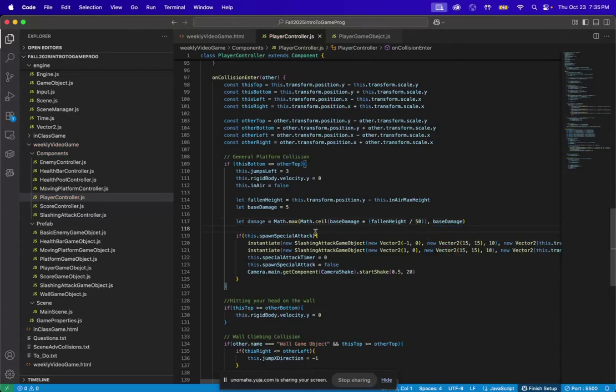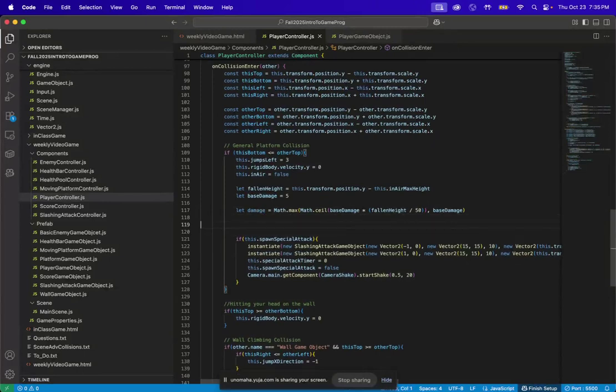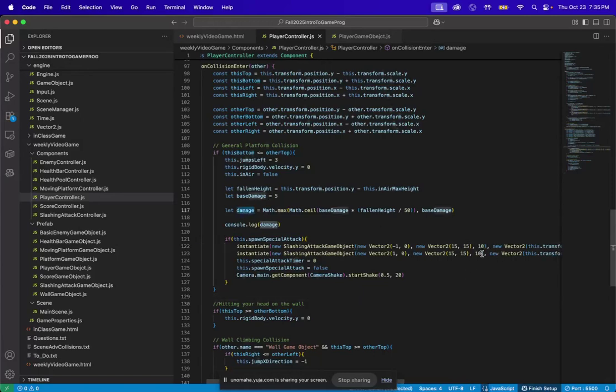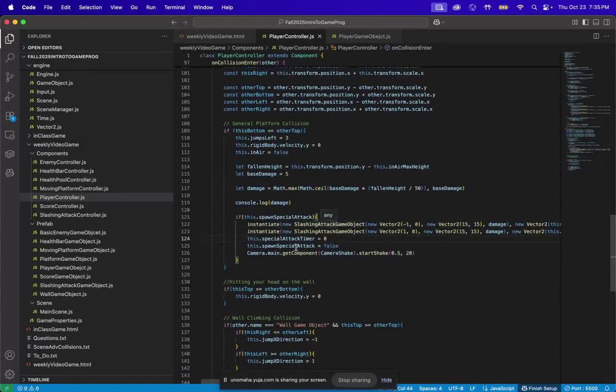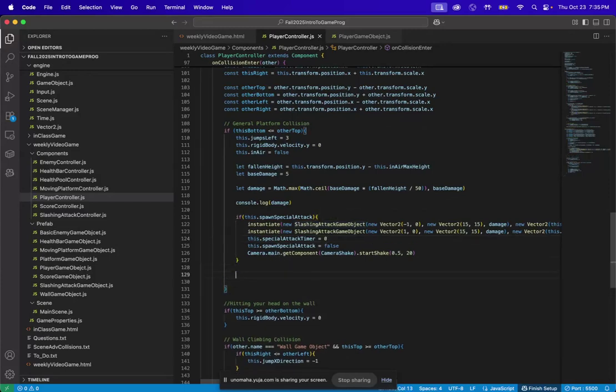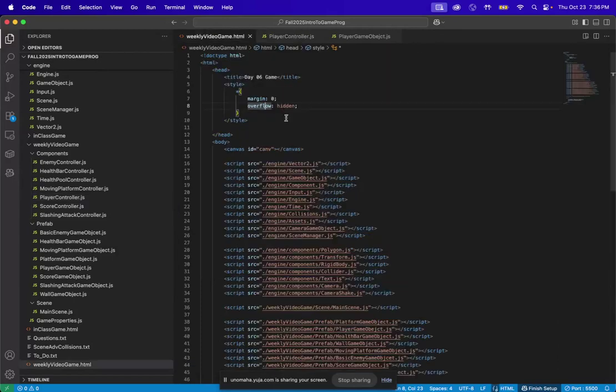And then the thing we now change is let's do console.log damage just to see what the damage is looking like. And then we do the damage instead of 10. One important thing that I initially forgot is we also need to reset the max height. And we need to reset it equal to what we do. So now if we open it,